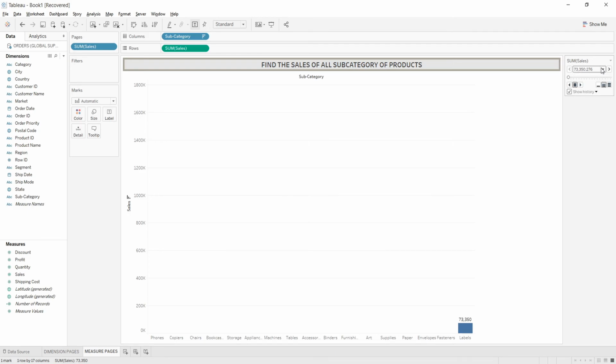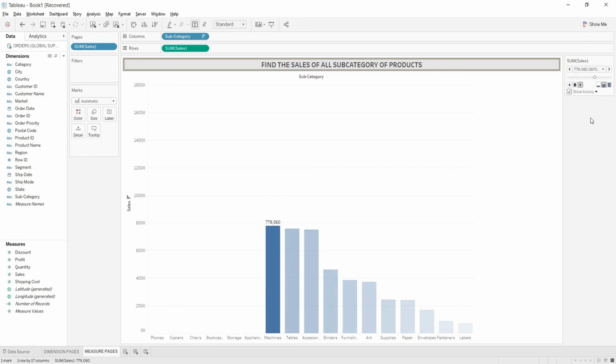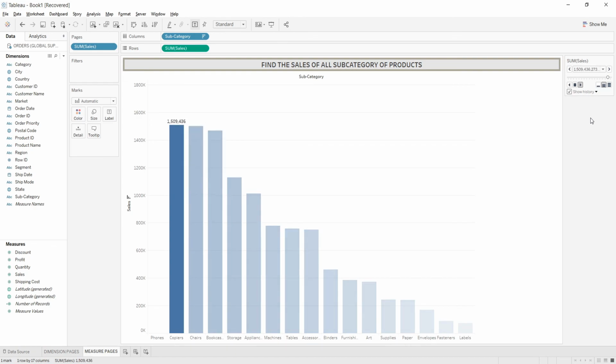Hence we can say pages help data to show in animation, where a dimension on pages would show animation for its every discrete value, and similarly when a measure is kept over pages, it would convert to a discrete measure and would show its value as a discrete value and animate accordingly. So now when I'm executing this data, you can see that it will be showing us the bars one by one in descending order of sales, and hence we can visualize very clearly what the sale is for each subcategory.